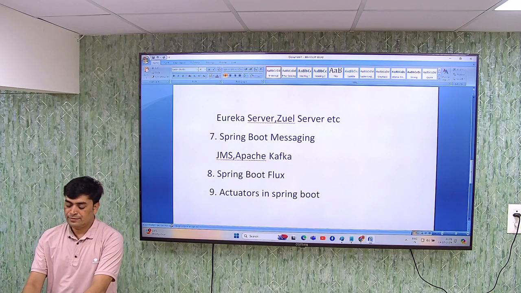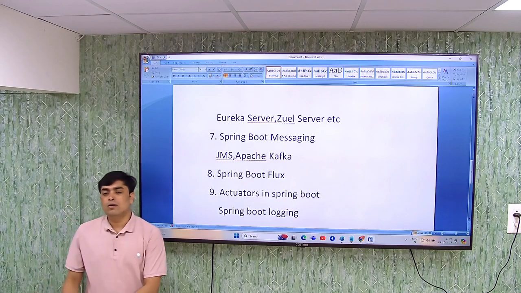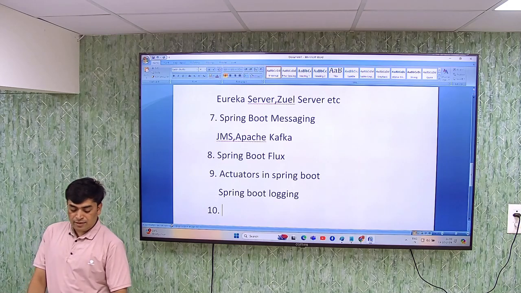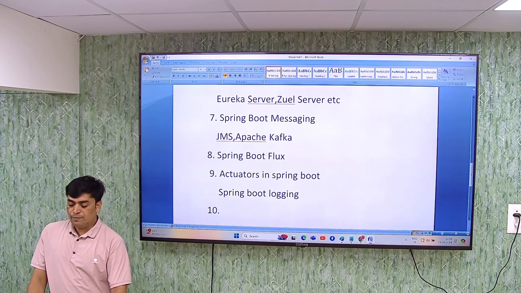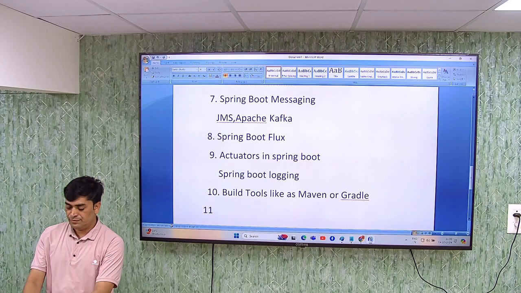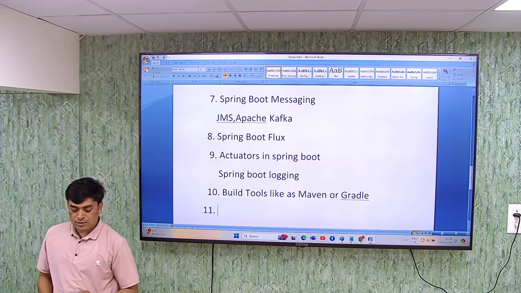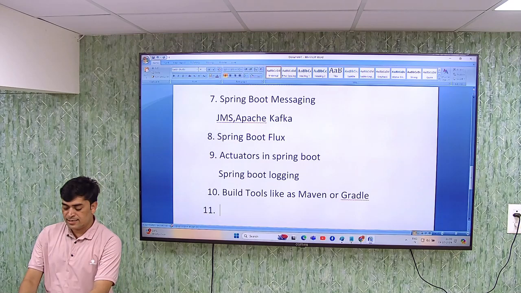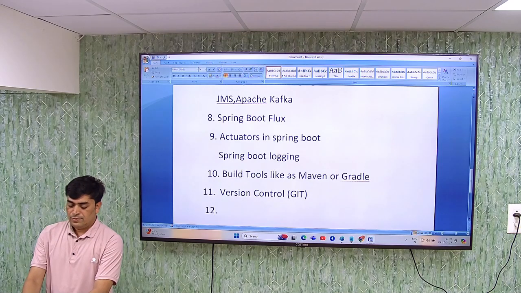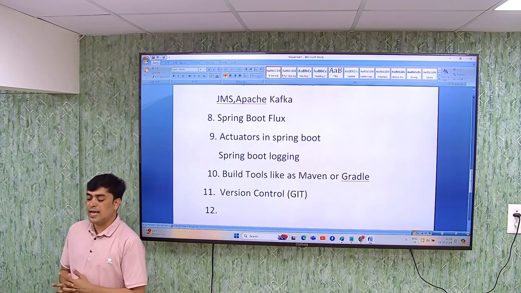Then Spring Boot logging. In this, we'll learn about log4j, slf4j, etc. Right, guys. Again, we'll learn about build tools like Maven or Gradle. Guys, in this series, we'll learn about a version control tool, that is Git. Again, guys, in this series, we learn about CI/CD tools,